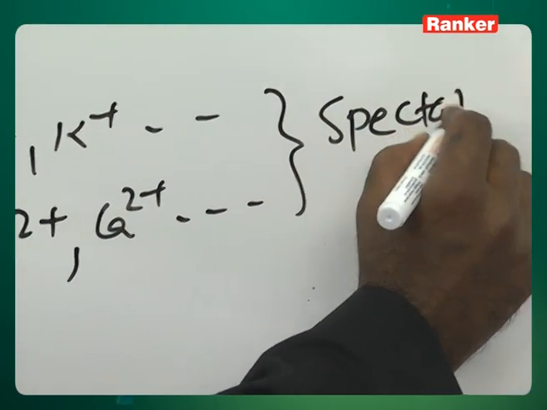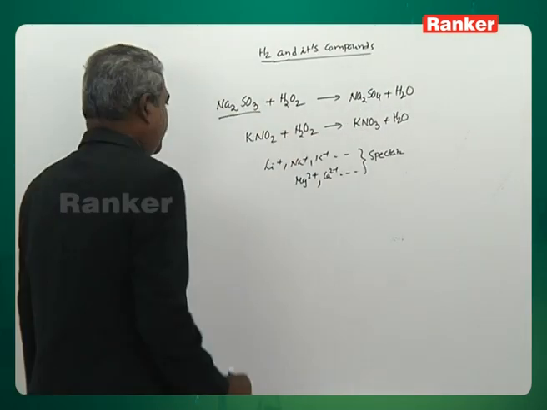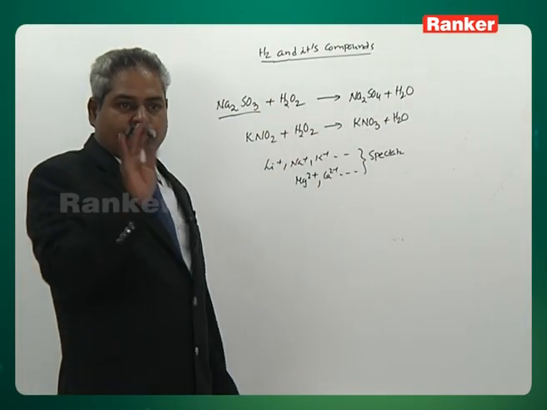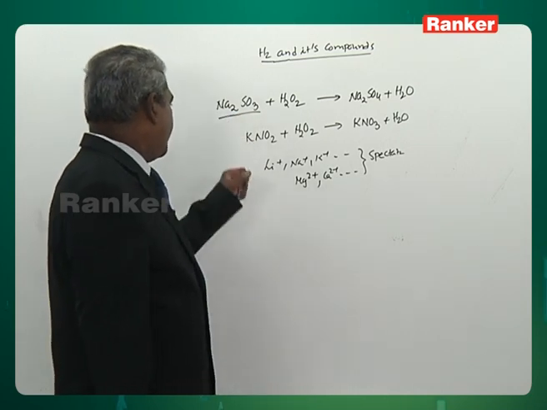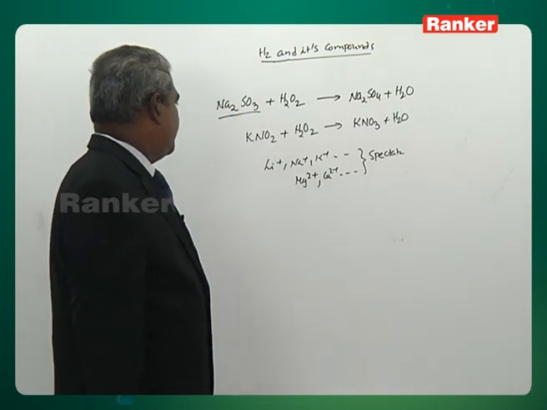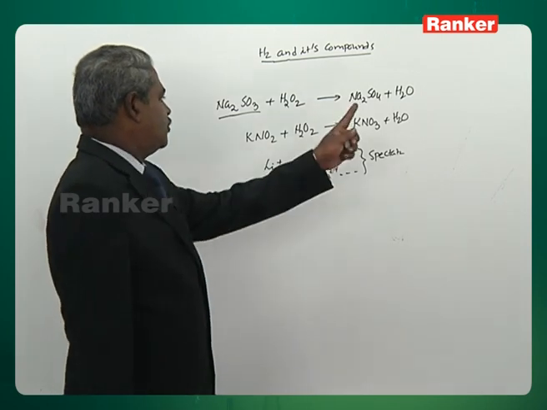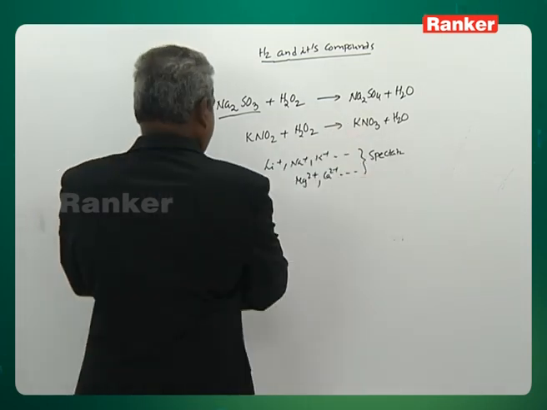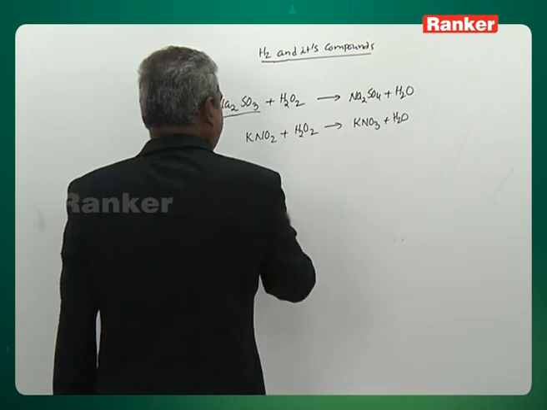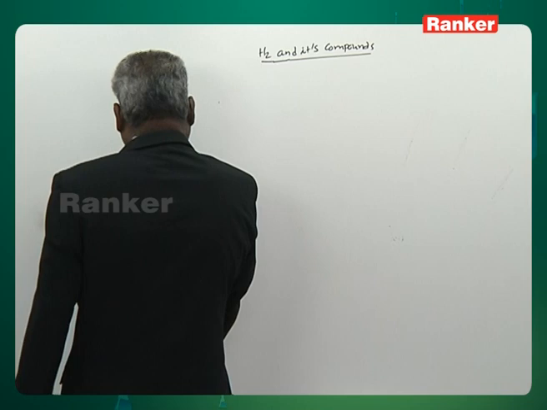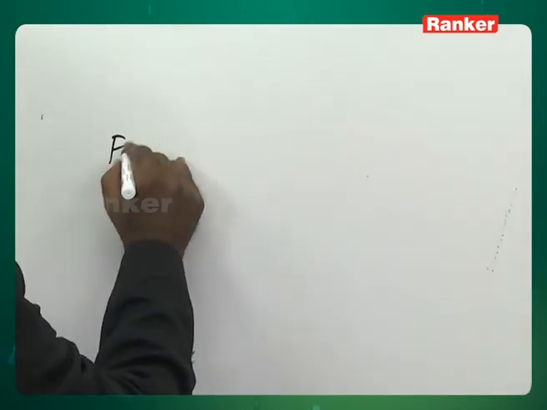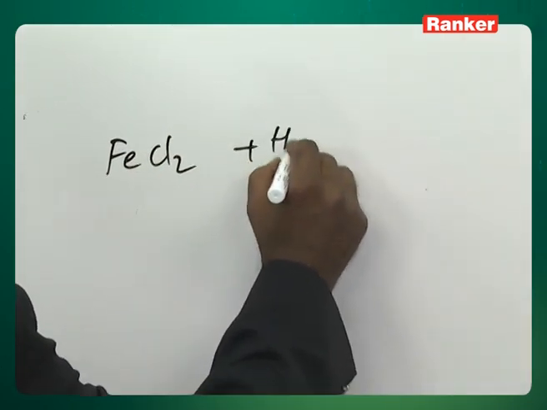So even though it is Na2SO3, for me that is SO3 2- only. I see only sulfite, I don't see Na2 there. I don't see K here, it is only NO2- for me. NO2-, KNO2, H2O2, KNO3 plus H2O, like that. You can predict any reactions like this. Now, FeCl2 plus H2O2